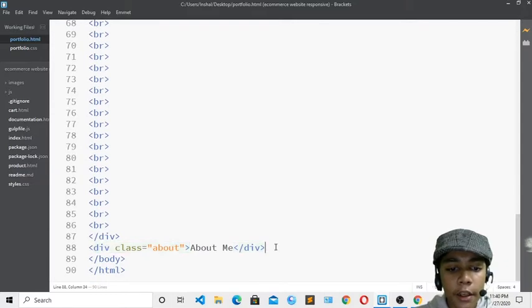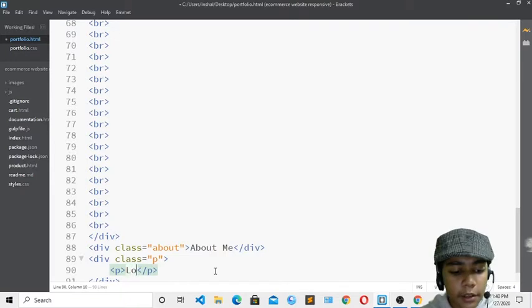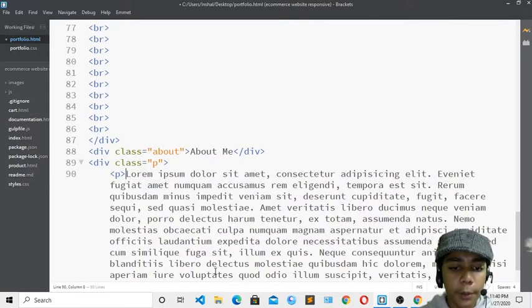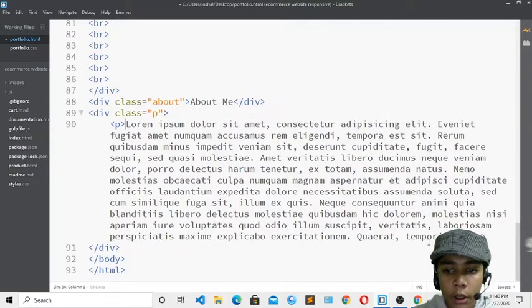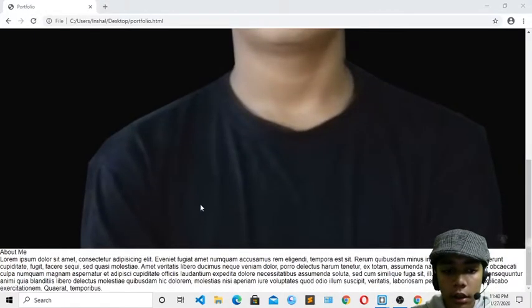I will come over here and do one thing: again I will write div. Now I will define the class of p, and over here I will define a p tag, and in this p tag I will define lorem 100. 100 is perfect. So now here you can see my lorem ipsum has come. Okay, so I will save, and if I show you, I will close that. Here you can see that just about me has been written over here.